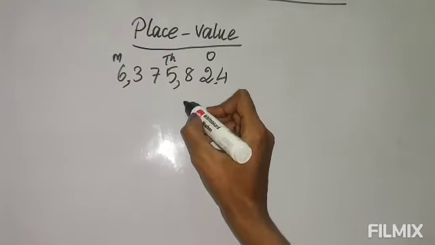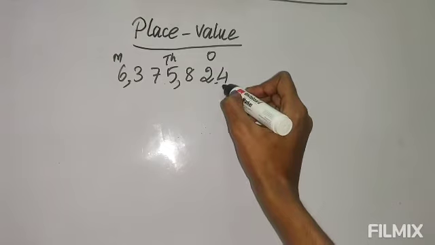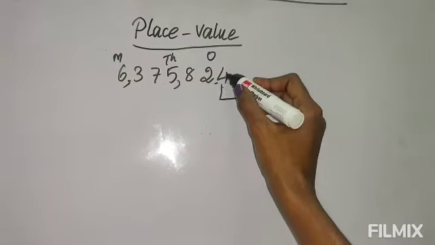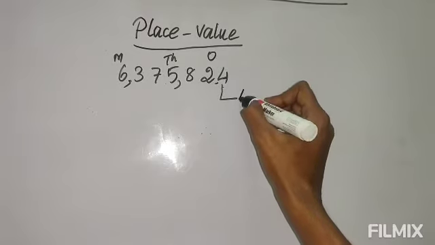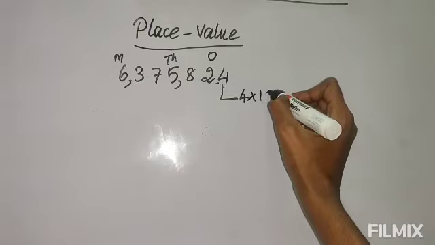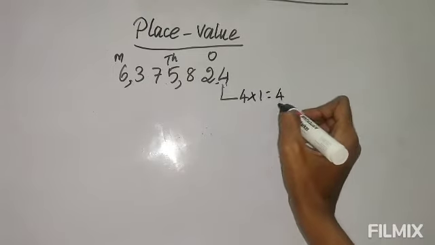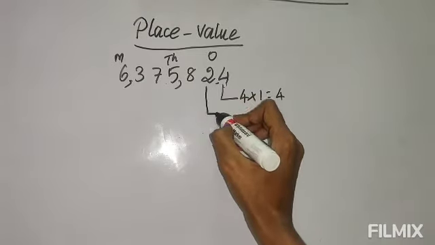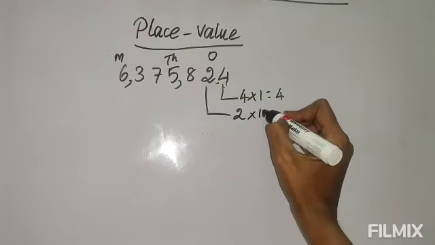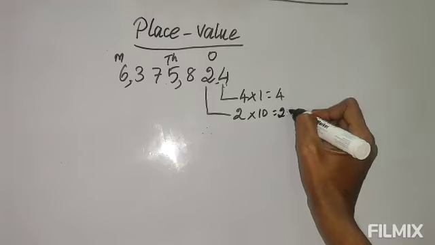Now at random let me take one, you know already how we have done it in the Indian place value chart. Here the number is 4 and the place is ones. So 4 into 1, we write 4. So the place value of 4 is 4. In the same way, here the number is 2 and it's in the tens place. So 2 into 10, 20. This is the same as before.